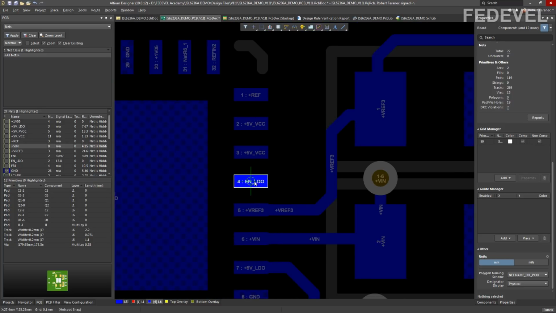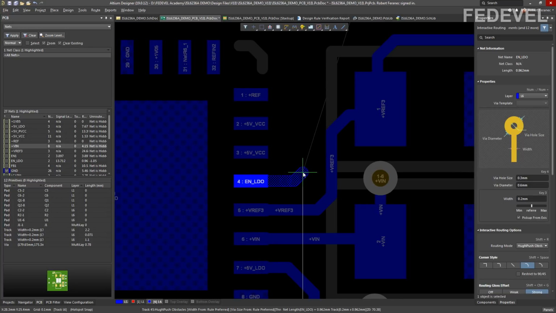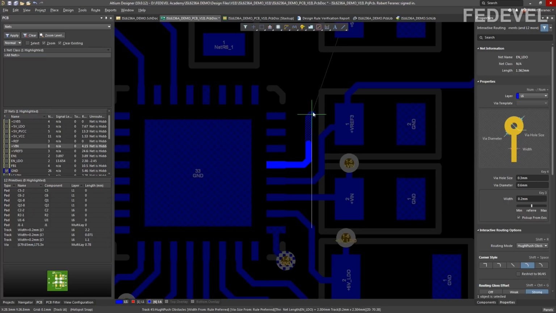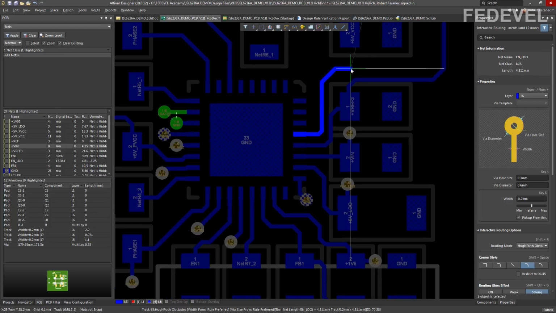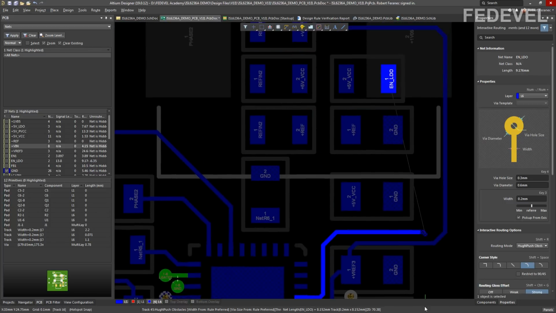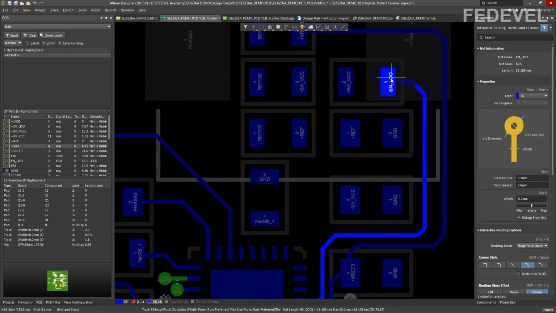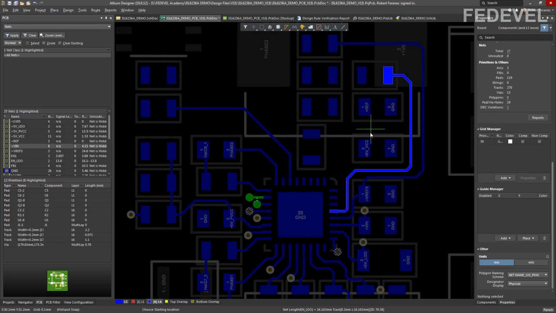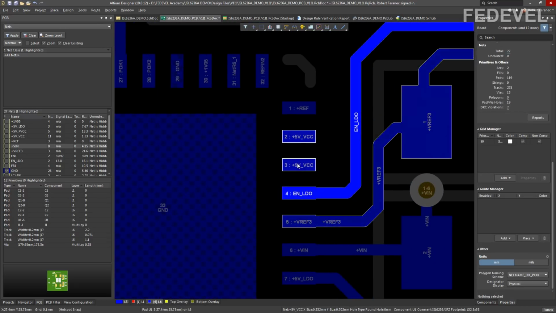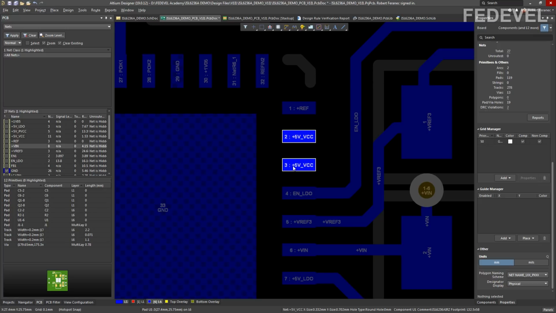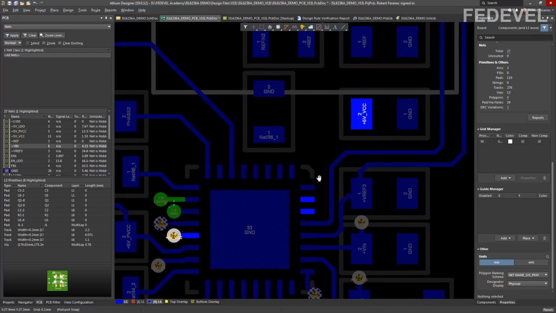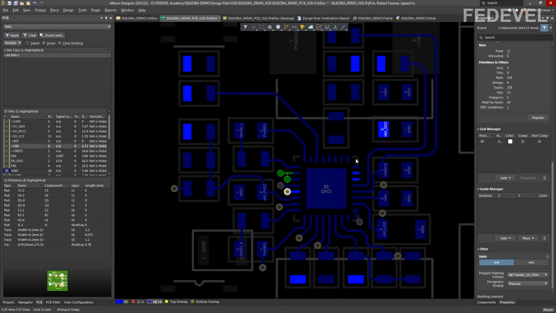When you are doing a layout, also watch what kind of signals you are routing. Okay, this is Enable LDO. This one is not really important. It does not really matter how we do the layout of this signal. But some signals are really important. Like this next one, +5V VCC.